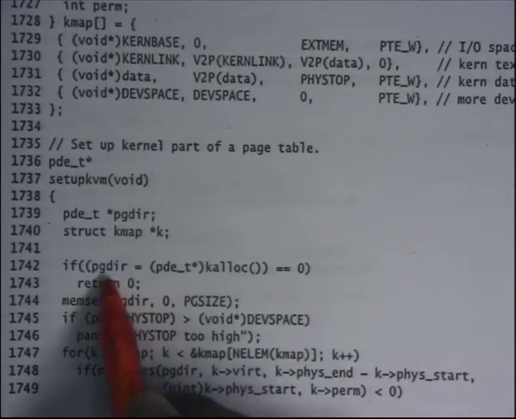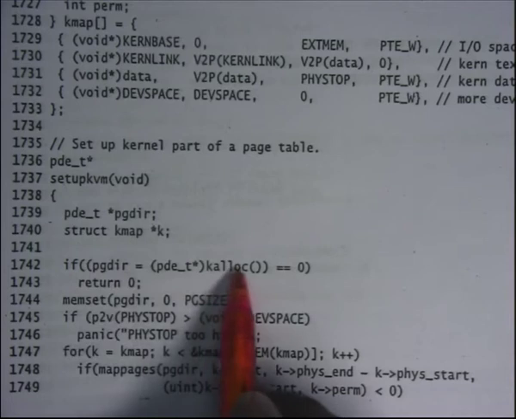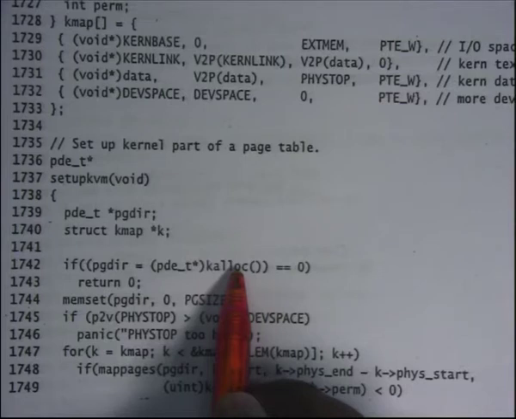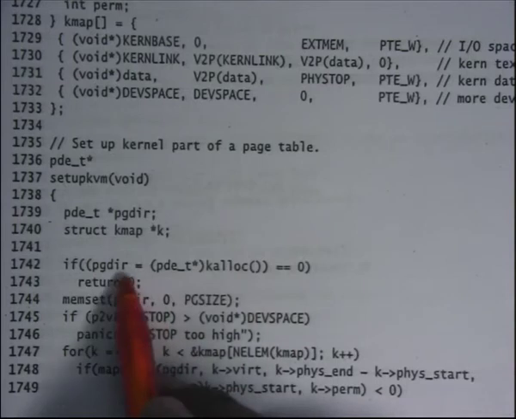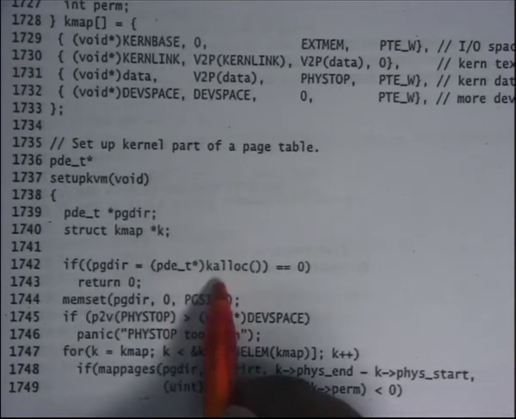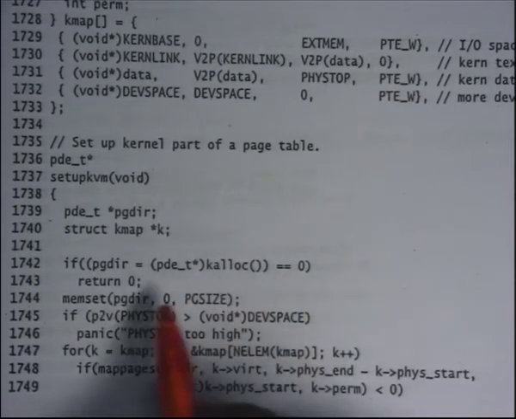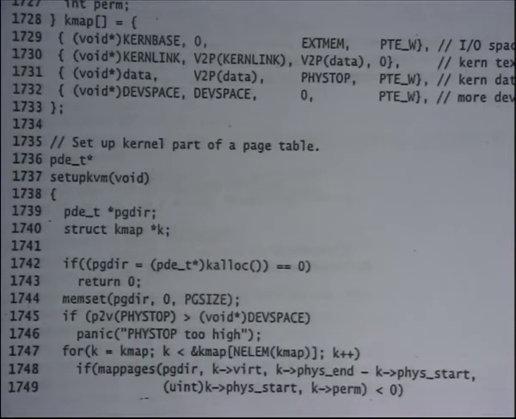And what it's doing is, it first calls the kalloc function to get a page from the kernel's heap. Right? So let's just assume that kalloc just allocates a page from the kernel's heap and returns a pointer to it. Just like malloc. And puts it into pgdir. Just in case kalloc failed, then it just says, oh, I can't proceed, it will return 0, and ultimately it will return 0 and tell the user that something has failed.